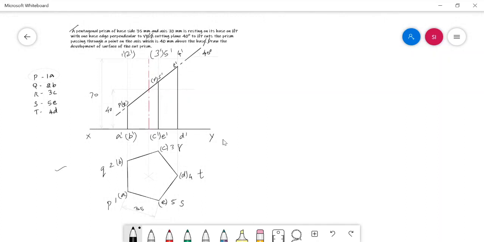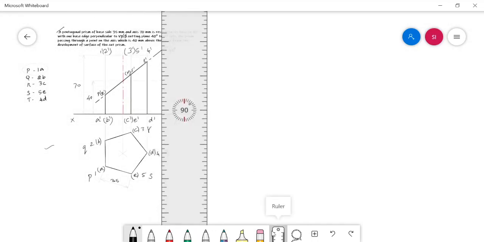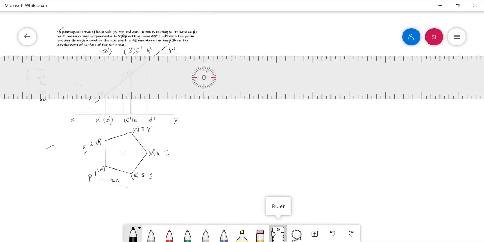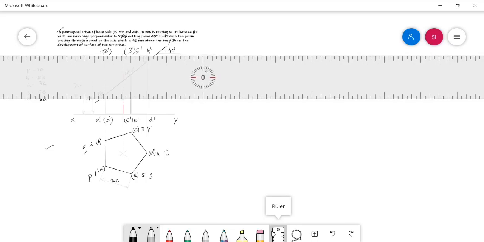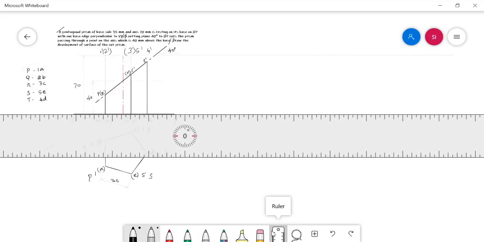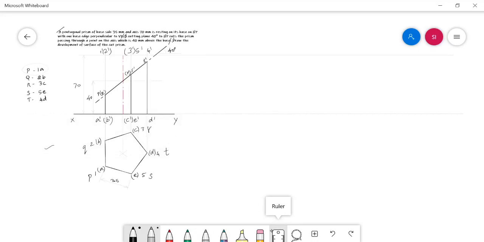Okay. And after that, it is a prism, so we need to follow the parallel line method to develop this. For that purpose, first we need to draw the two stretch out lines, that is the top stretch out line and the bottom stretch out line. Let me draw these two lines. The top stretch out line should be drawn along the top face of the solid, and the bottom stretch out line can be drawn along the XY line. Yes, I drew them with some excess length, that's not a problem.